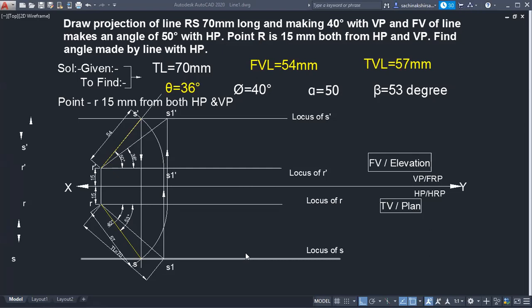True length is always greater than apparent length. True angles are always smaller than apparent angles. If you know this, you can solve any problem. You can take out of this 7 on your own. You can create the problem and you can solve. It is not necessary to take a problem from somewhere. You can apply the logic and finally, once you get the answer, you can check it. Okay, shall we go next?